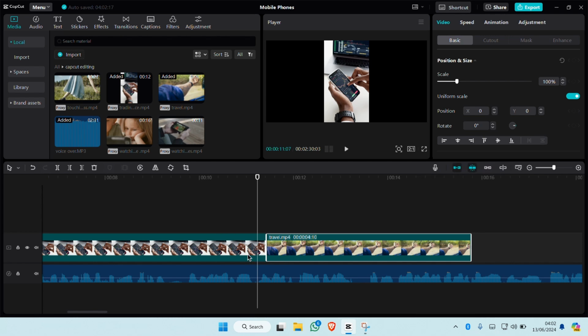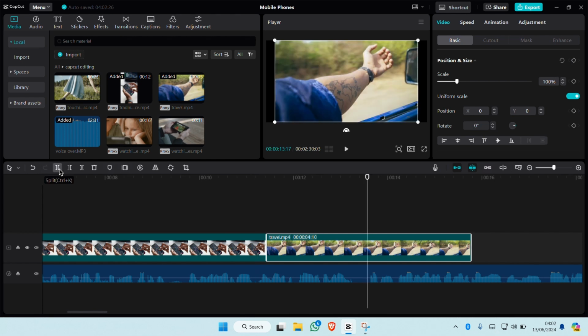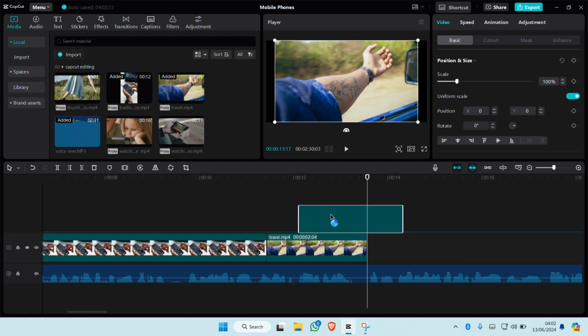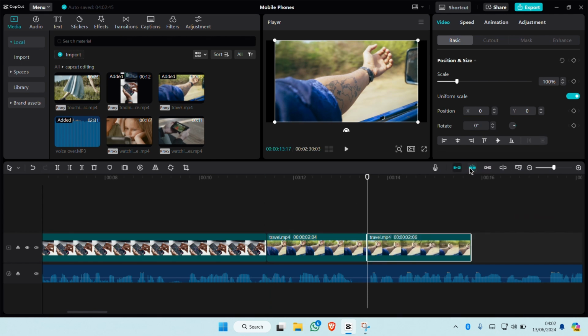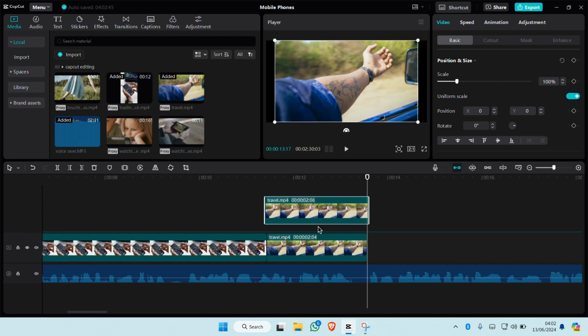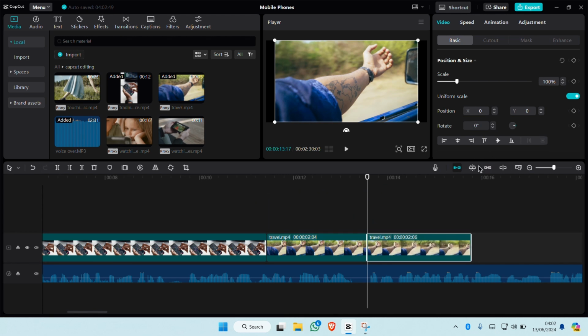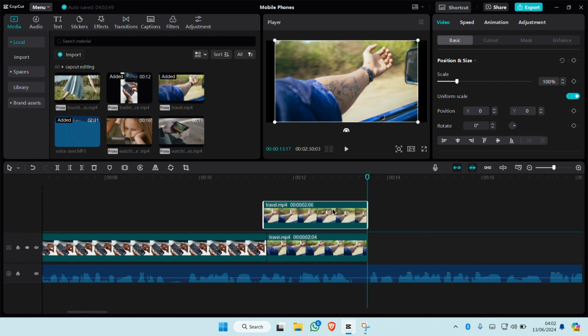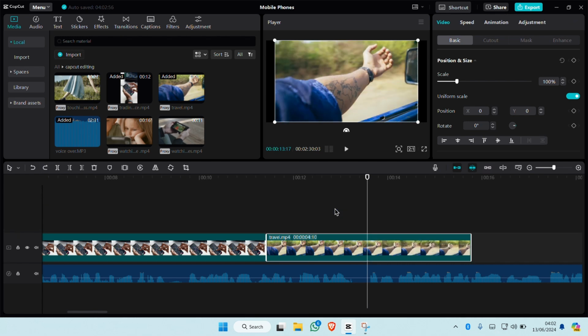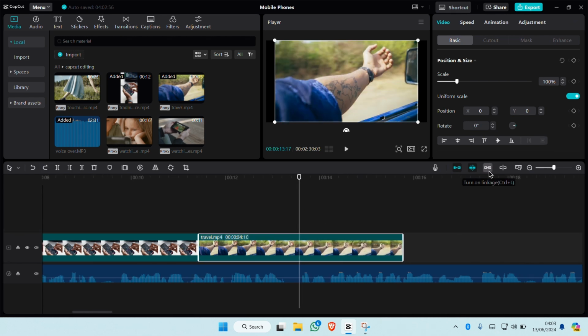Now auto snapping is used when you want to, let me just split this. To split, you can simply use Ctrl K. So I've split this clip. If I drag it and I'm bringing it this way, you're going to see this blue line. This is what we call auto snapping. It helps you adjust your clips in a certain way. So if I turn this off, I'm not going to have those lines again. So always turn it on, because you need them, especially when your hands are not very steady. So I'm going to undo all of this, and this one here is turn off